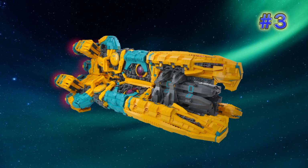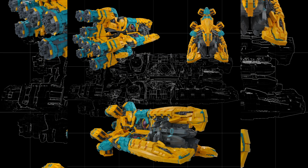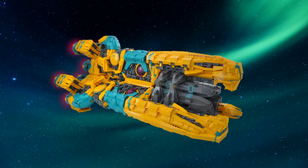Let's jump on to build number 3. Simon Liu really got some interesting contrasting colors in this massive model. The teal and yellow pop against each other as well as any two colors can, really. There's a couple of tiny subtle pink highlights which work quite well, and then the dark bluish gray greebling helps ground this sci-fi ship. The title here is TriPerron Nomad Explorer, and the tri, I think, comes from the fact